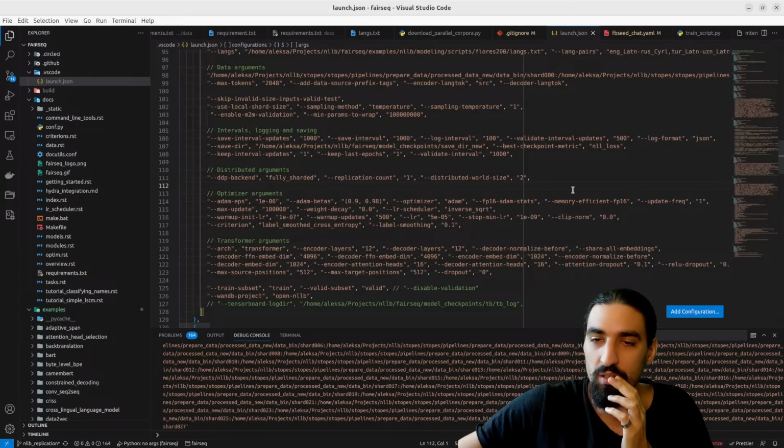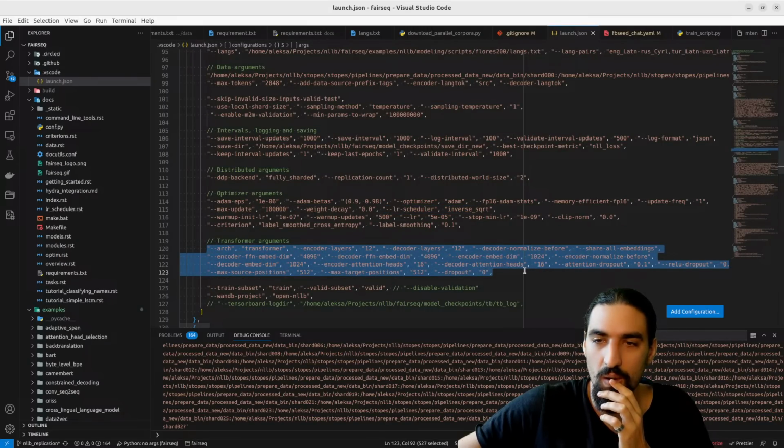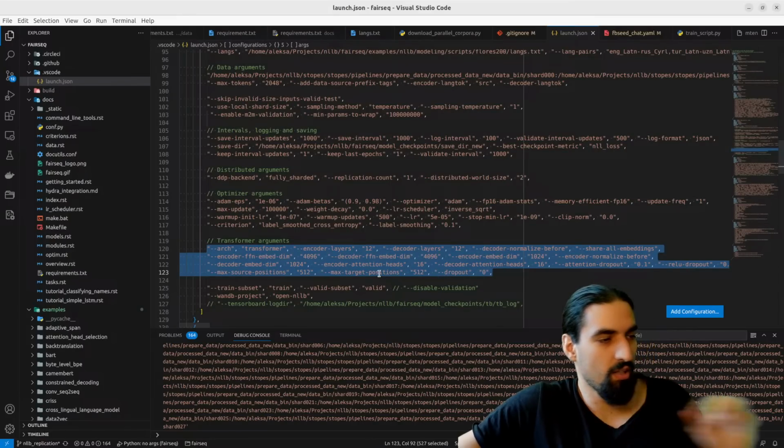Memory efficient. Not sure what this one does. Let's check it out. Max updates, weight decay, learning rate schedule, updates, learning rate stop, clip norm. Okay, architecture, we know everything here. And that's it.